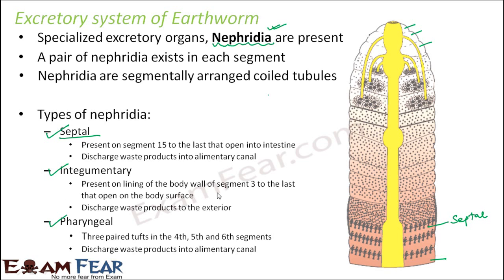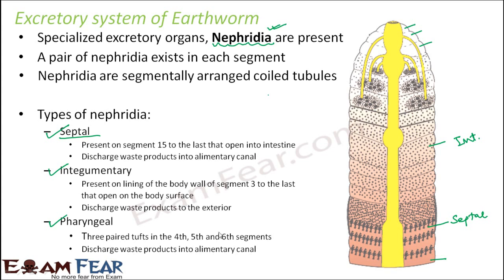Integumentary nephridia are present on the lining of the body wall of segment 3 to the last, and open on the body surface. Segment 3 is somewhere here. So here you have the integumentary nephridia. All these dot-like structures which you see are nothing but integumentary nephridia. They also discharge their waste product to the exterior. They do not send it into the alimentary canal, they directly send it to